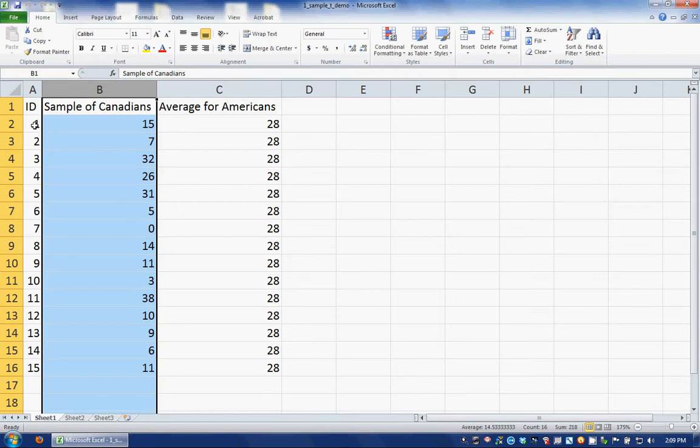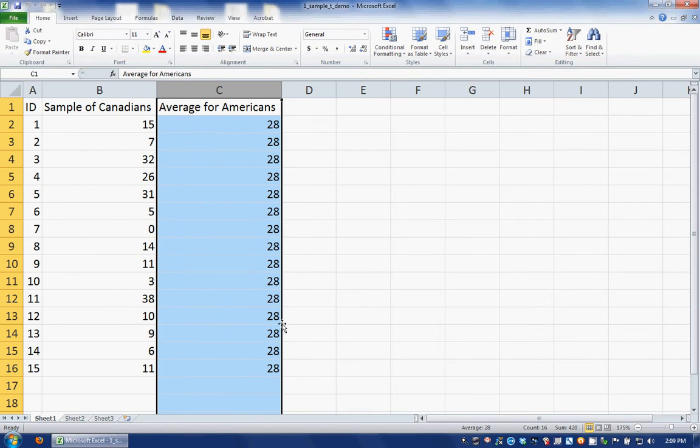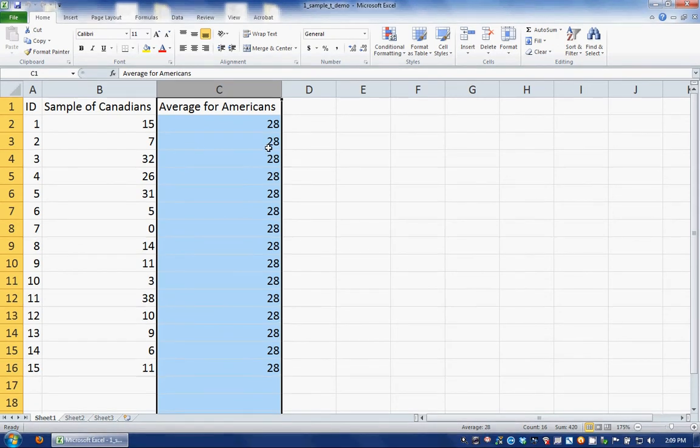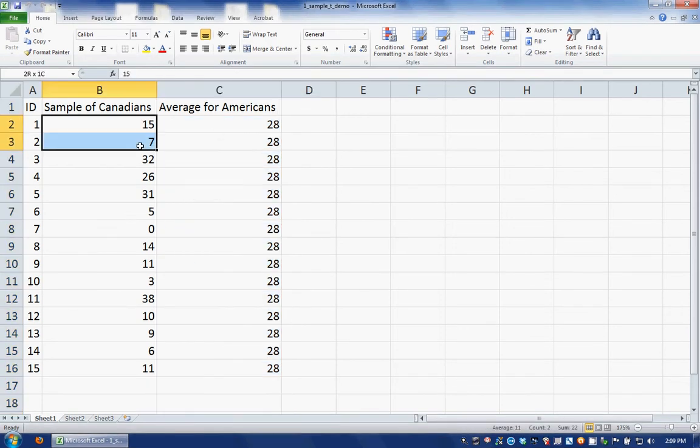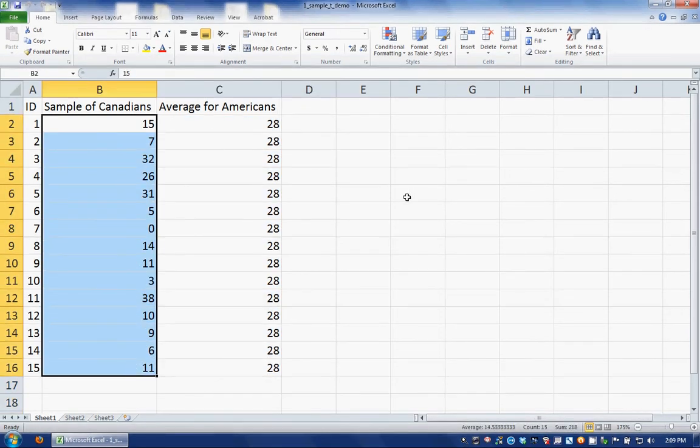So respondent number 1 here said it was 15 hours last week, number 2 said it was 7 hours last week, and so on. Column C is full of 28s. Column C just represents the average number of hours that we know Americans tend to spend watching TV in a given week. What we're going to have Excel do here is, first of all, average all of these values